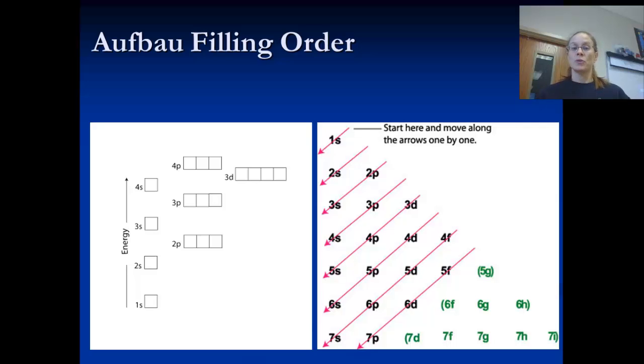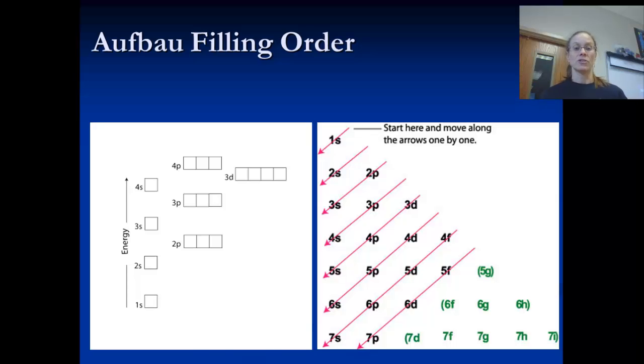If we move to lithium, where we add another electron, lithium has 3 electrons. It would have 2 electrons in the 1s orbital and then 1 electron in the 2s orbital. And you can see that the energy levels increase with that principal quantum number 1, 2, 3, 4, and it can go on beyond that. As we move up in energy level, we start adding more and more orbitals and sublevels